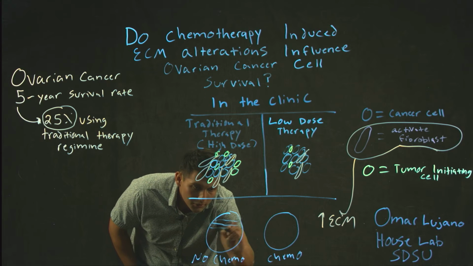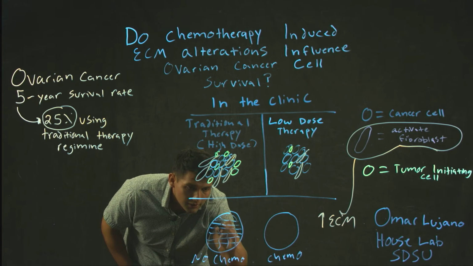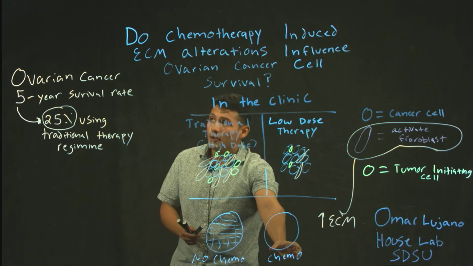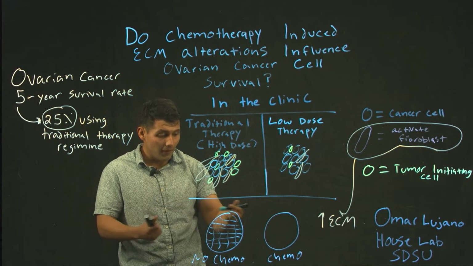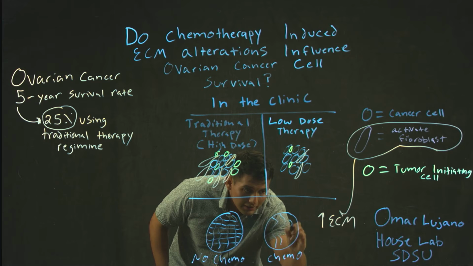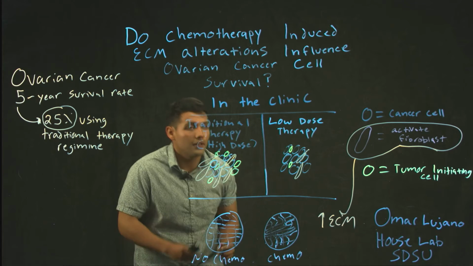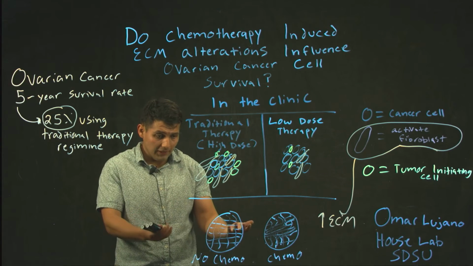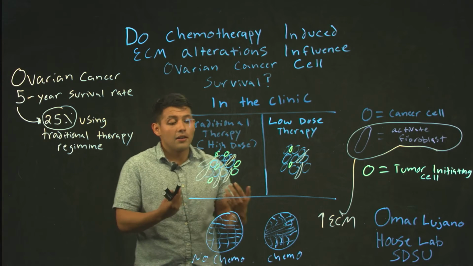In those plates where I have my fibroblasts with no chemo, they'll start to secrete a nice uniform extracellular matrix. However, in chemotherapy settings, we have what we see in the clinic: a very high proportion of activated fibroblasts, and they are secreting ECM like no other. So this upregulation of ECM is seen in this setting with chemotherapy, as we see in the clinic. After those 8 days, I am decellularizing these plates, and now I'm left with nothing but the extracellular matrix.